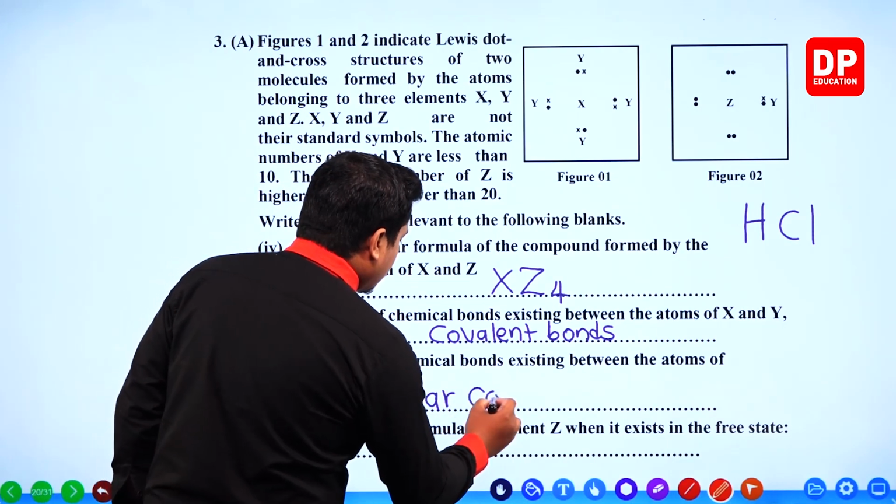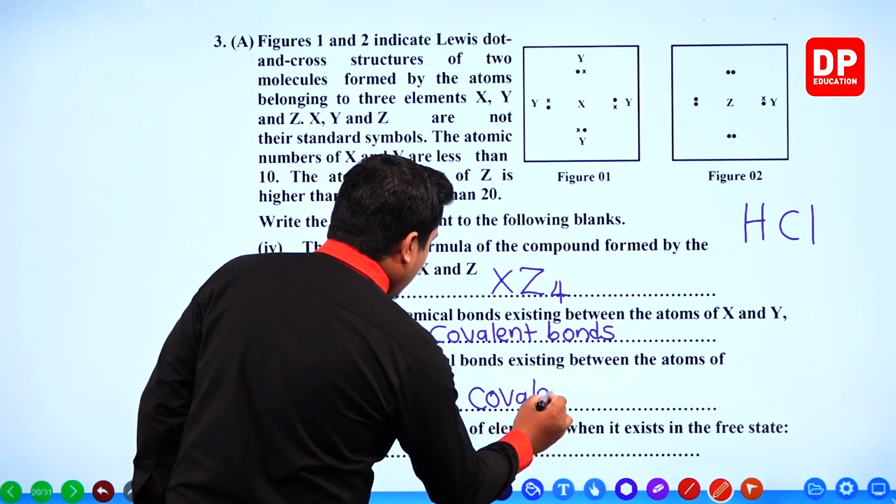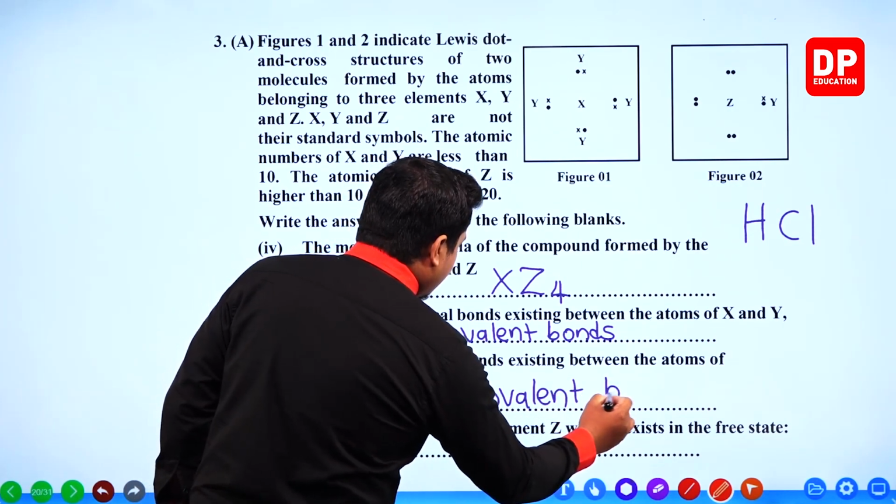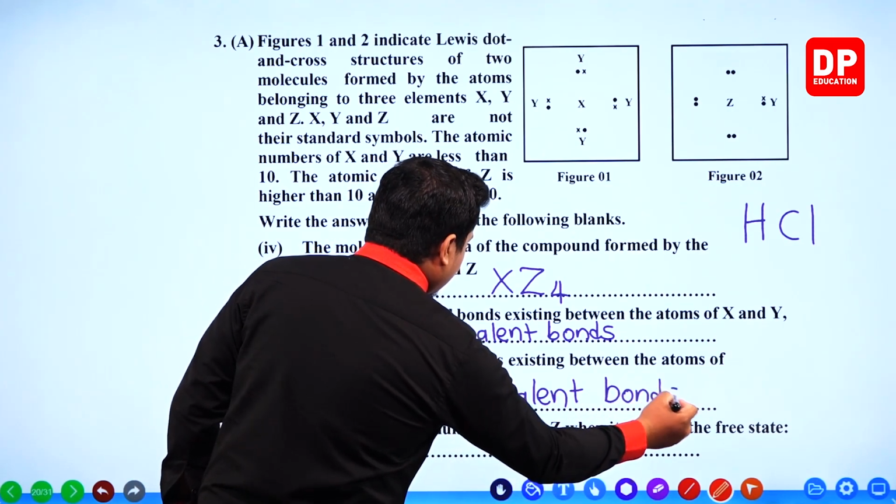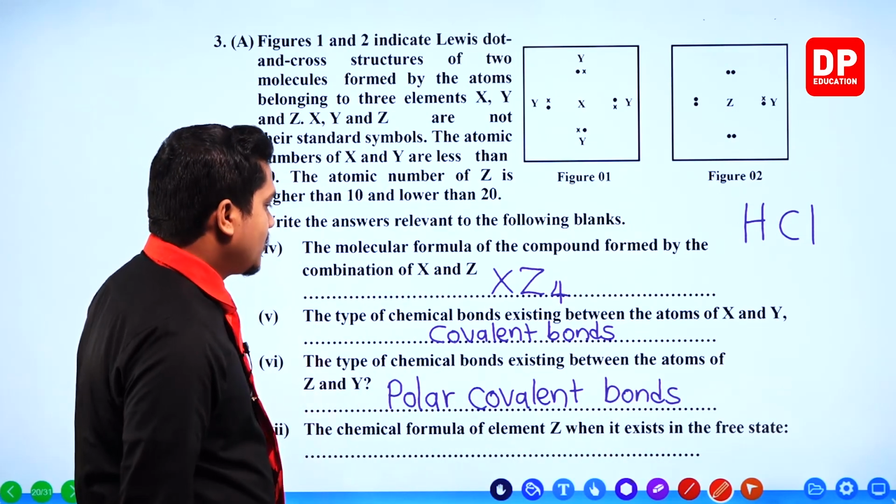polar covalent bonds. Polar covalent bonds,